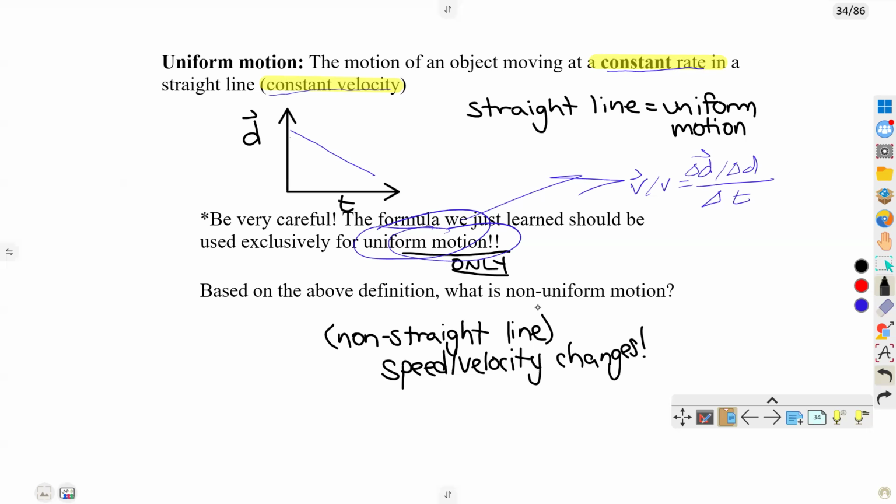If we have non-uniform motion, what is that going to mean? Well, that means our graph is not going to have a straight line. Okay. So, for example, let me just quickly